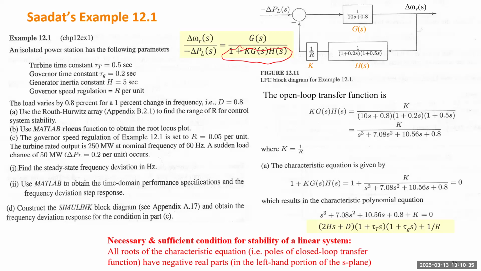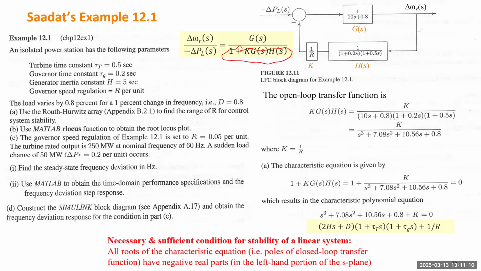So each pole means a value that can make the transfer function become infinite, because if you plug the pole into the characteristic equation, that will make the denominator be 0. So the transfer function will have an infinite value in the frequency domain. If all the poles are on the left-hand side of the imaginary axis, the system will be stable. If you're exactly on the imaginary axis, that will be marginally stable, which means there will be a sustained oscillation